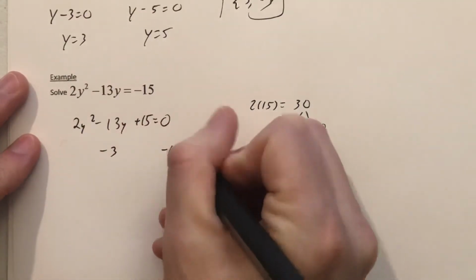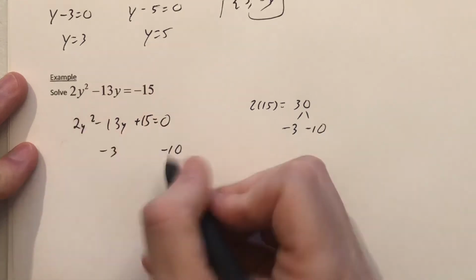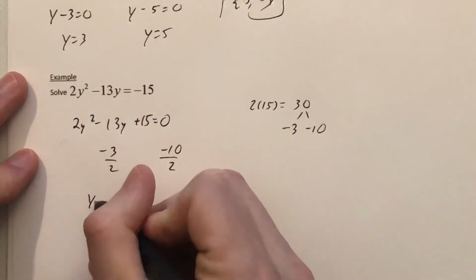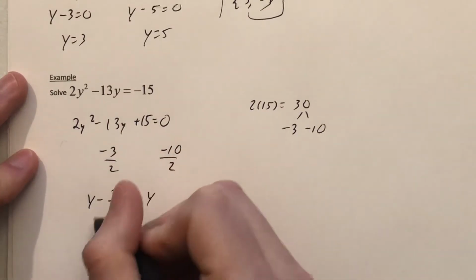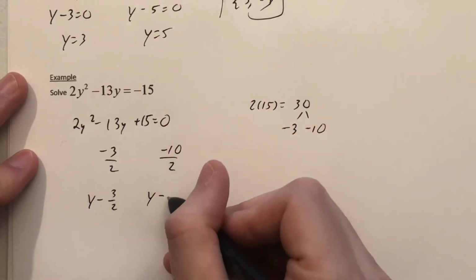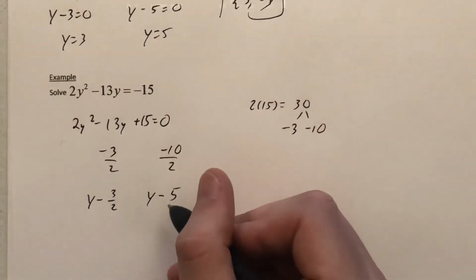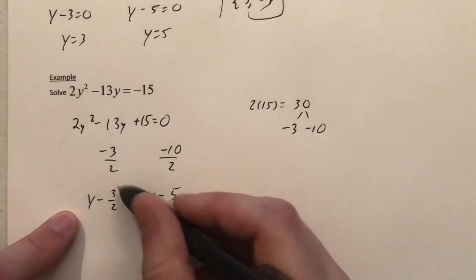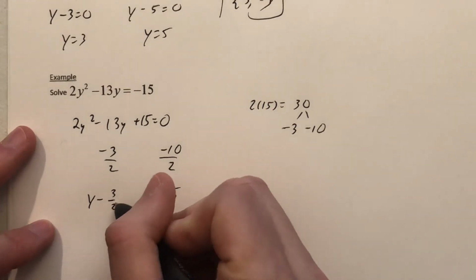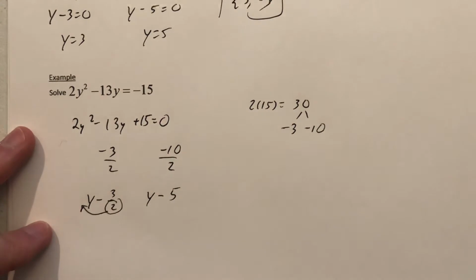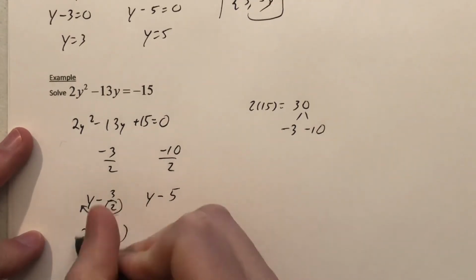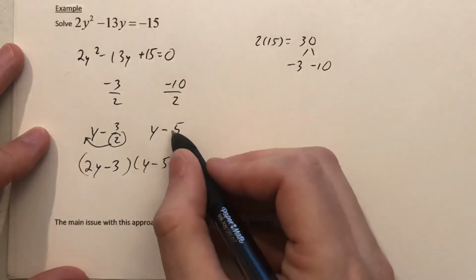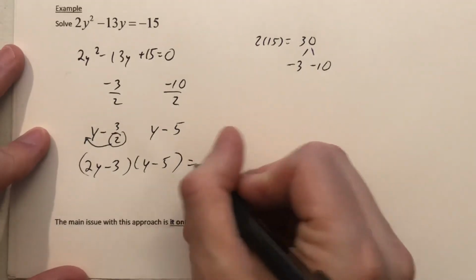Now, those numbers -3 and -10, we then take the 2, what we call the a value, and we think of them both as fractions over the 2. Then we can write our binomials below here with the y, but if we can, we definitely reduce. So that -10 over 2 reduces to a -5. 3 over 2 did not reduce at all. And then any of the values that did not reduce have a denominator, and this is where we call it the bottoms up. That 2 comes up and gives us the factor of 2y minus 3. And then the other factor, which did simplify, so there's no bottom to bring up, of y minus 5